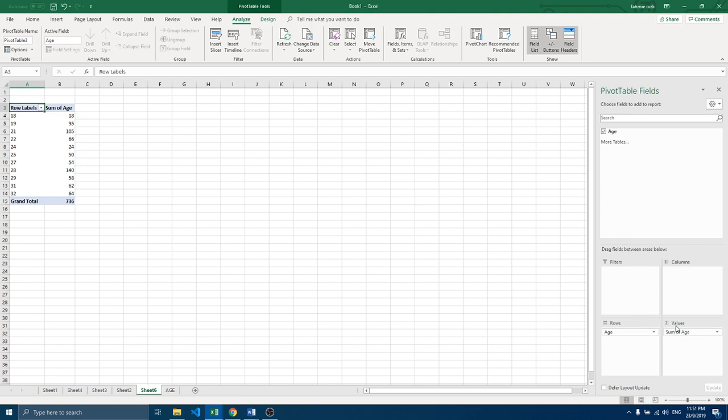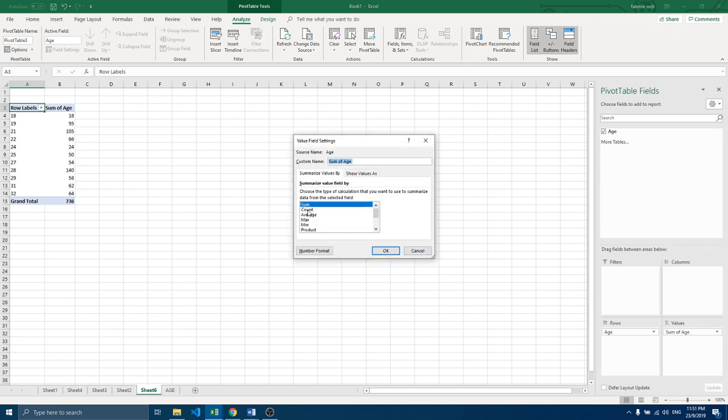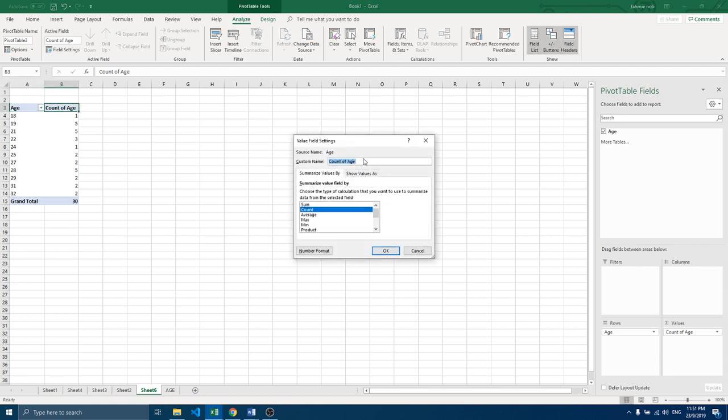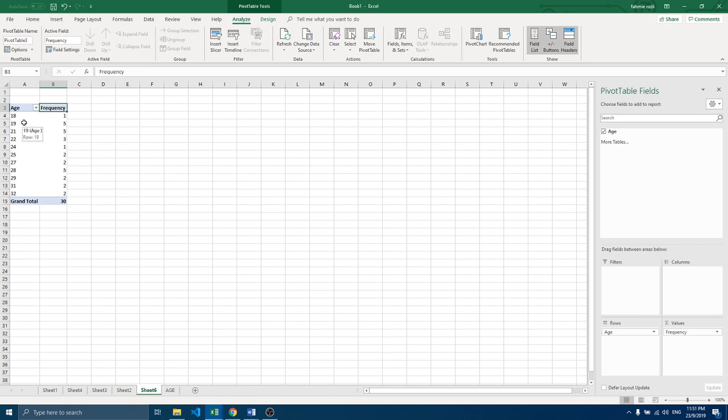So how to change the summations value? Not sum, but we need to use count. So click the drop down menu here, value field setting, choose count. Okay, right. So once you click OK, so this is age, so I can rename it. Choose age, and count of age is actually the frequency. Custom name, change to frequency. Okay, so it looks like not really